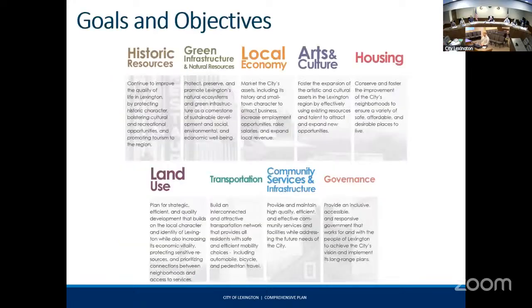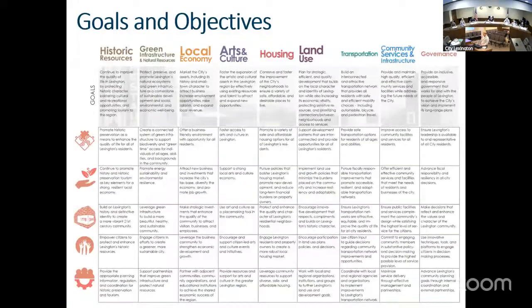Within each of those planning elements, we then established a primary goal for the direction that the city would like to go as it relates to each of those primary elements. I won't read all of them for the sake of time, but there's the overarching vision for the plan, and then within each element, there's a separate goal that ultimately should be pointing towards that vision. And then underneath all of those goals, we have objectives. And as you can see, those then map or correlate to one of the core values that we saw earlier